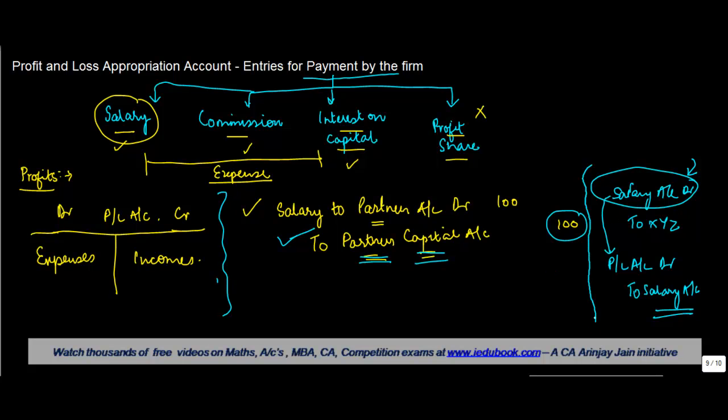Similarly, in case of salary which is due to the partner, we credit this salary to partner account, right? But what we debit is not the profit and loss account, but the profit and loss appropriation account,